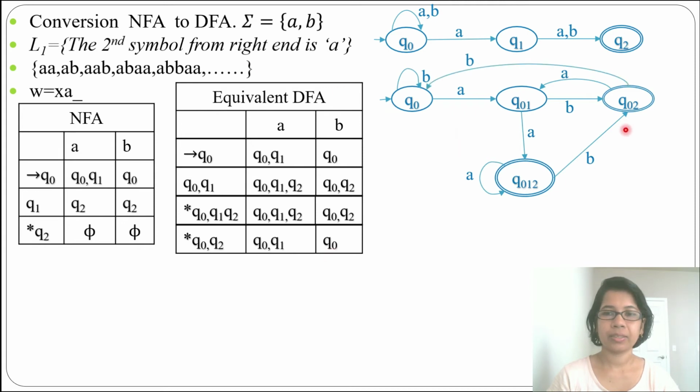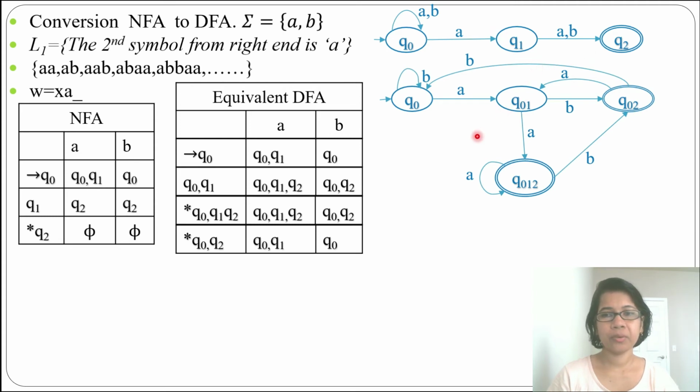Now this is the transition diagram of the DFA that accepts all strings for which the second symbol from the right hand is A. You can check, it will accept A, B, B, A, A. So A, then first B, second B, then A, it will accept. The NFA will also accept A, B, B, A, A. But here it will be confused, like for this A, whether it will go in the loop or in this path. But in a DFA, for every string there is just one path. In case of an NFA, for every string there may be more than one path. If one path reaches the final state, then that will be accepted.